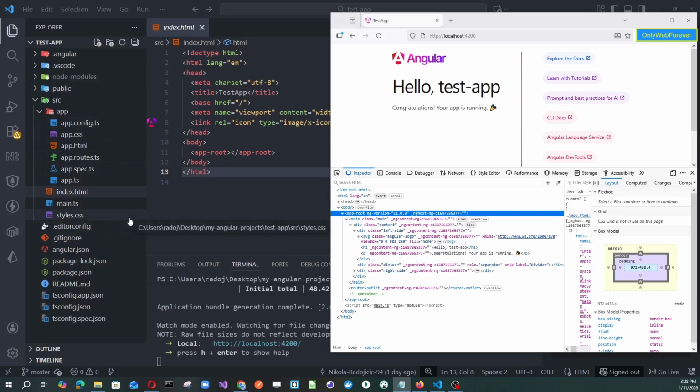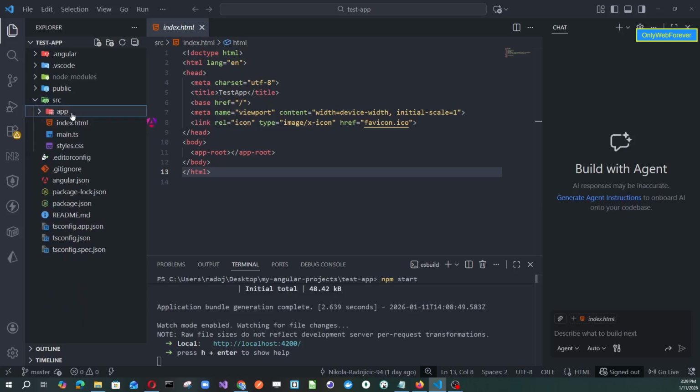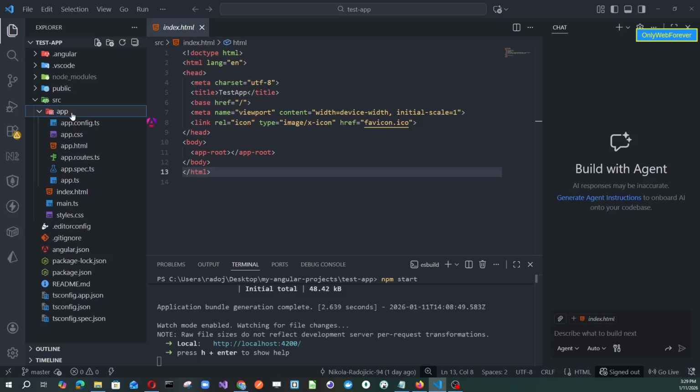Let's focus first on the source folder, this one. In every project we will have this source folder, and inside that folder you will find everything for your application. Inside this source folder you can find this app folder. That folder is basically the place where all the code for the app root component is located. You can see there is a bunch of files related to this component, but for now we want to focus only on these three files: